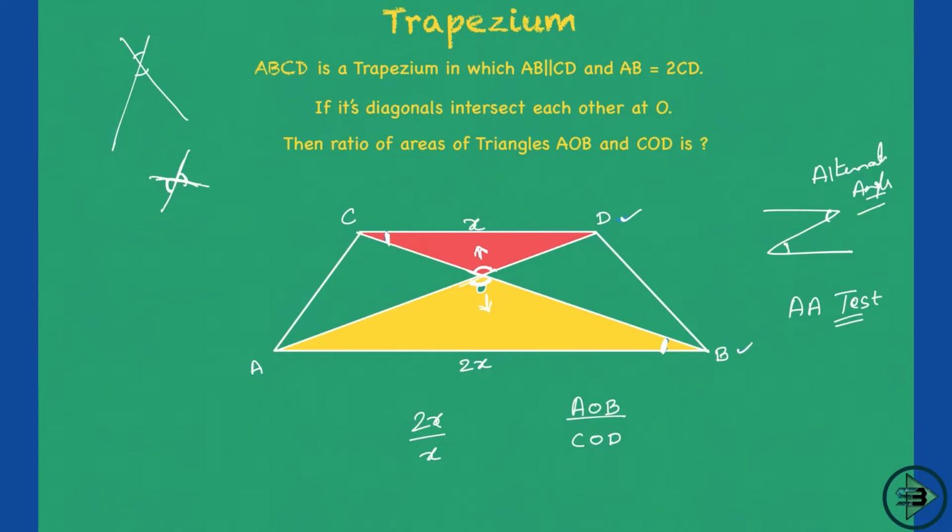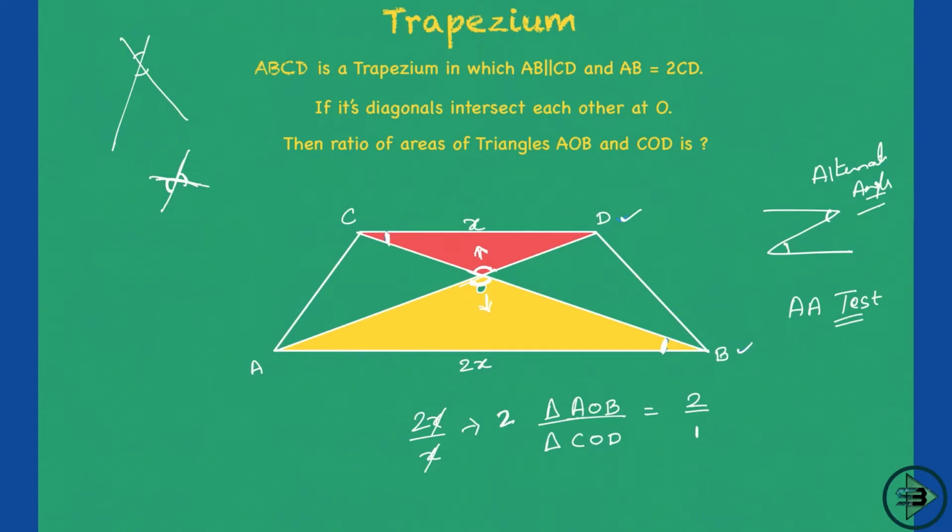It is solved now. Just cut this and this. The answer comes out to be 2. Which means the ratio of their sides, triangle AOB upon triangle COD, is nothing but 2 by 1. We know that, right? Now because you know one of the ratios and all the ratios will be equal, it's advisable to solve one.